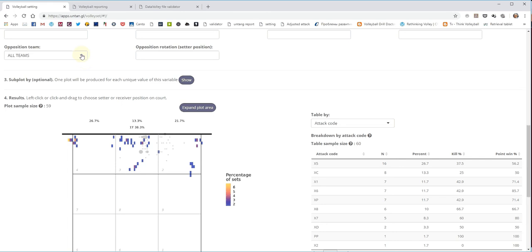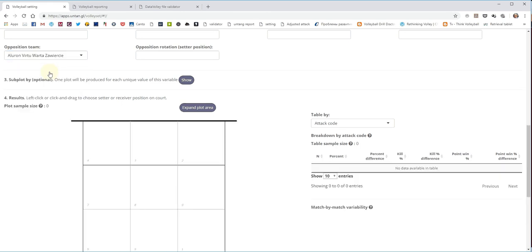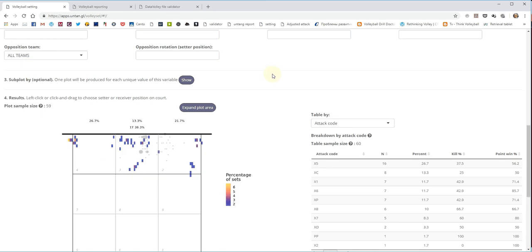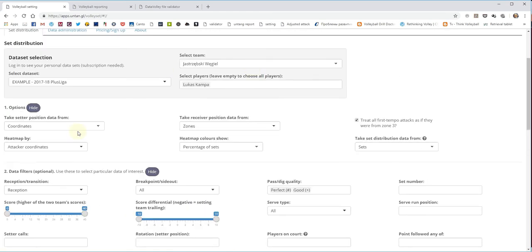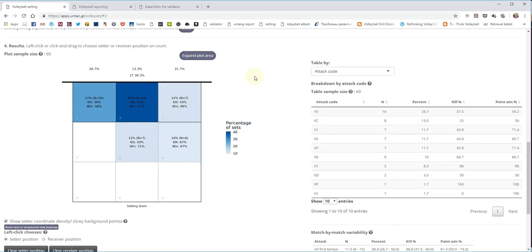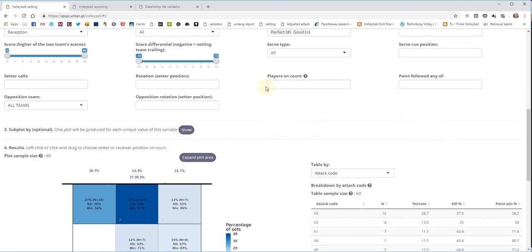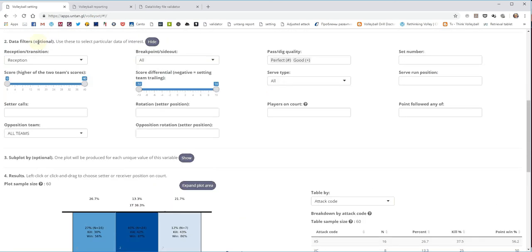We can look at different opponents, and we see that our data set doesn't have that opponent, so we'll leave it there with all teams. And the opposition rotation, which is something that we won't look at today. So that's our basic information. I think we've lost something here. We need to go back to attacker zone. So there we have our basic perfect and positive reception situation that we've used in the first set of data